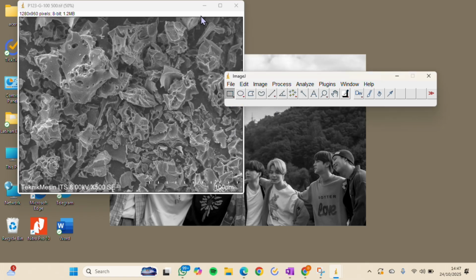Then measure the scale bar on the image by drawing a straight line along the 100 micrometer scale bar from end to end. Analyze.